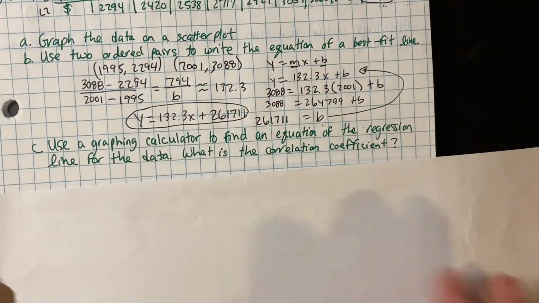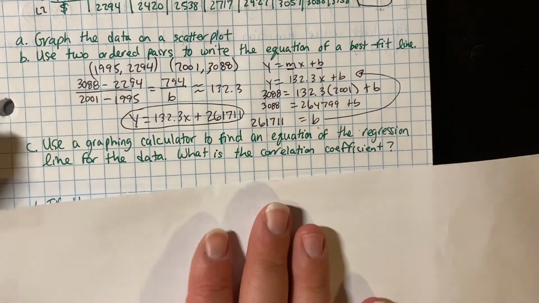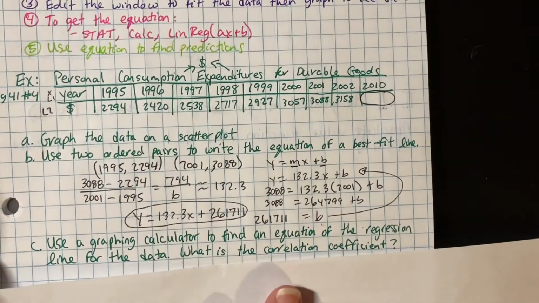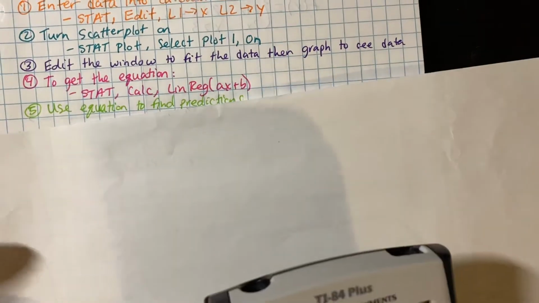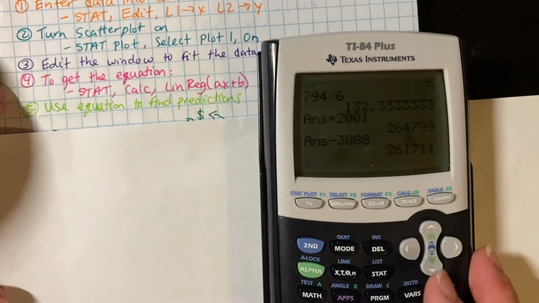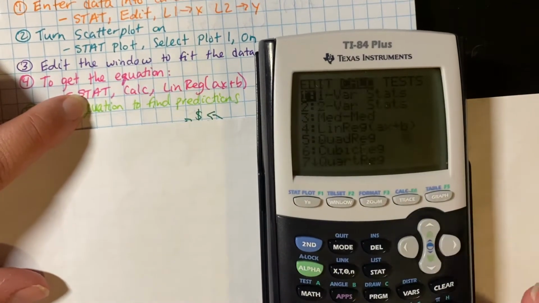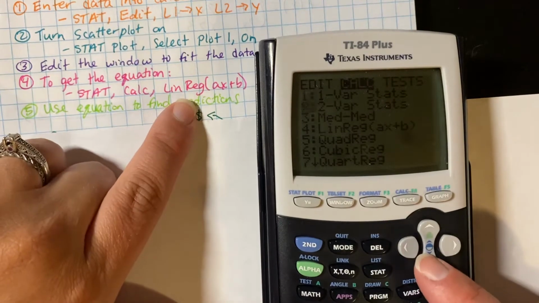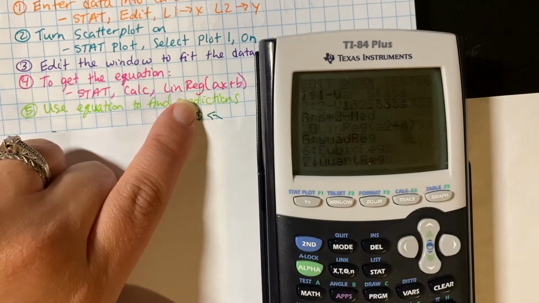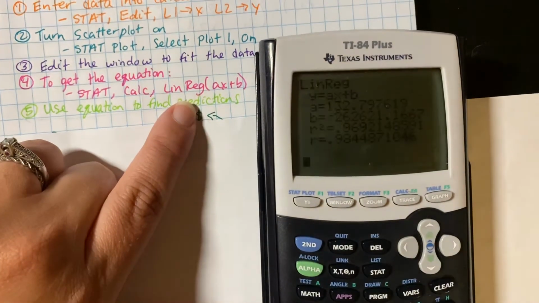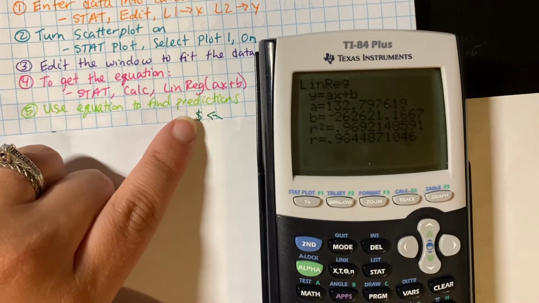All right, next part. Use a graphing calculator to find an equation of the regression line and what is the correlation coefficient. So sweet. This goes back to our calculator. So to get an equation, we're going to push stat. We're going to go over to calc. And now we're going to go down and pick linear regression, ax plus b. That looks like our slope-intercept form. We'll push enter and enter. And it is going to give us a